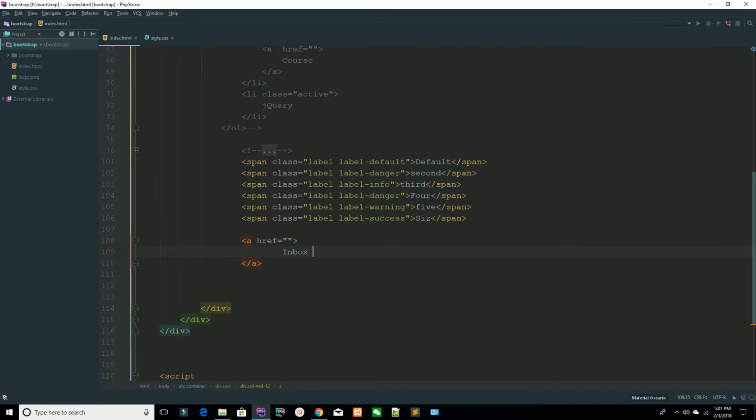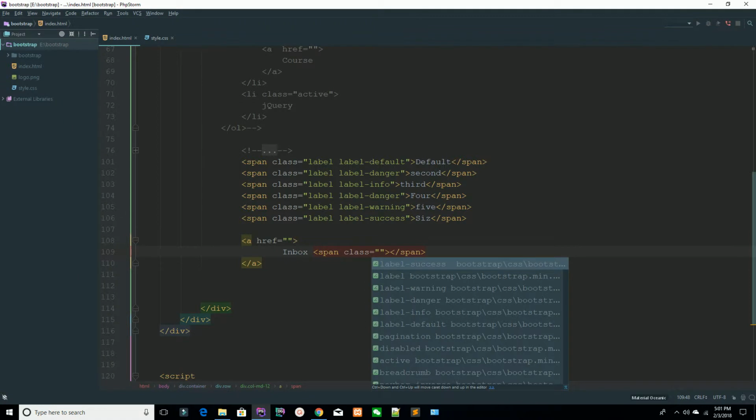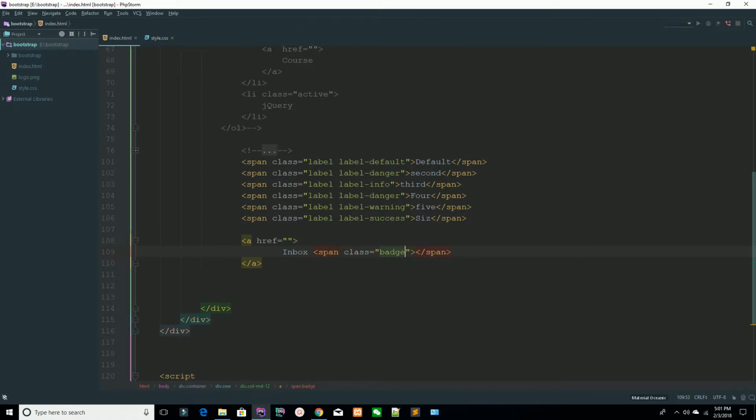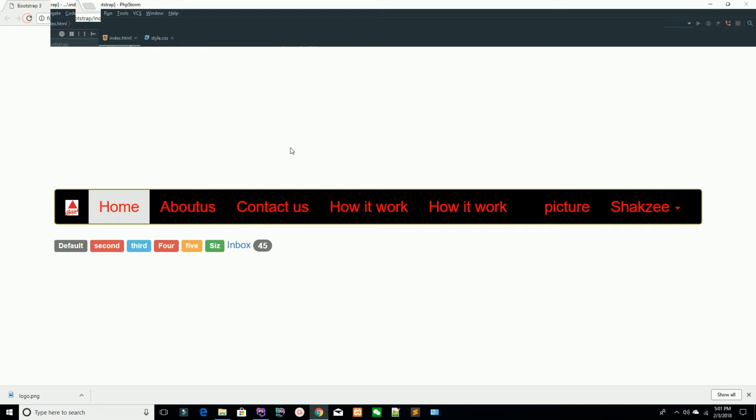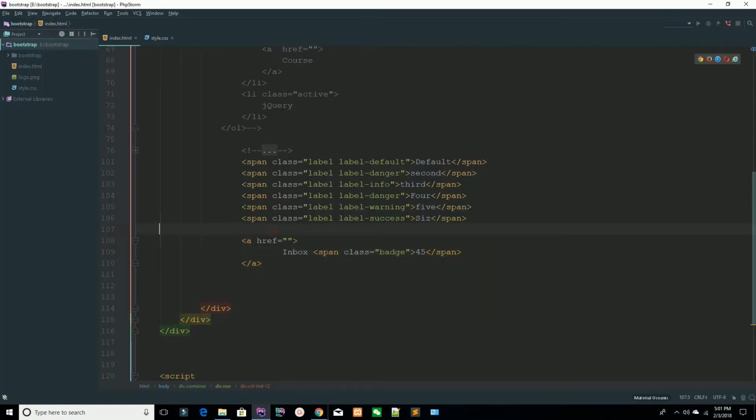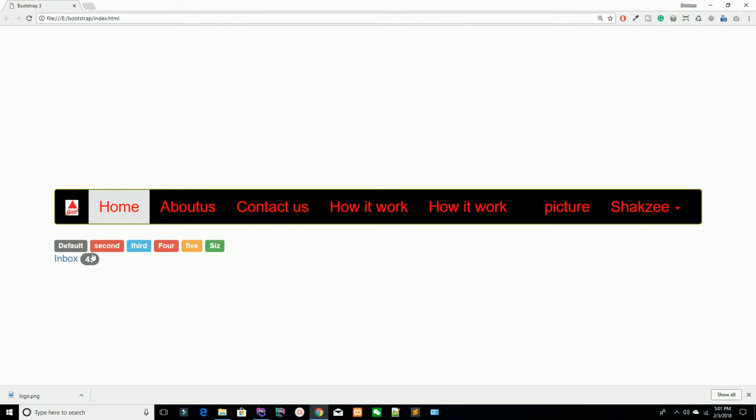I need to add a span, and inside my span I add the class badge, with 45 notifications. Go to your page, refresh the page. I have to break the row. Now you have your inbox, and you have 45